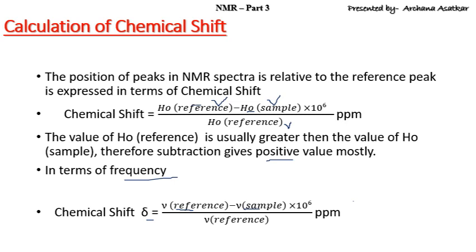So overall the value becomes of the order of 10 to the power of minus 6, a very small amount that is difficult to work with. To make the chemical shift dimensionless, we multiply this equation by 10 to the power of 6,